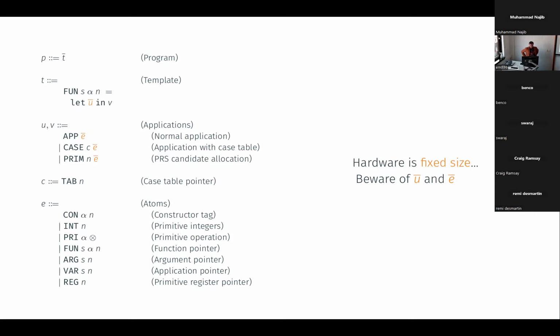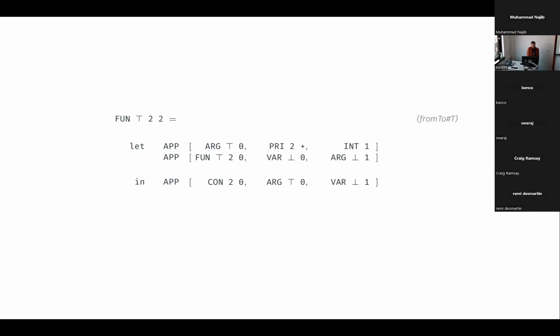The last thing to be cognizant of is our circuit is going to be a fixed size structure, right? So we have to be kind of wary of any of these dynamically sized listy things in our syntax here. We have to put upper bounds on the size of those things, essentially. So to give you an idea of what those bounds actually look like and what they dictate, I've got one